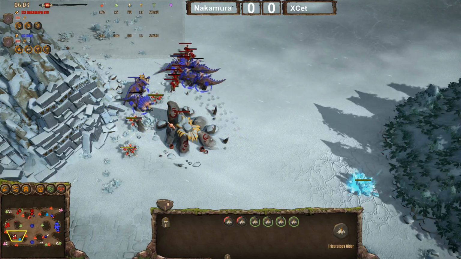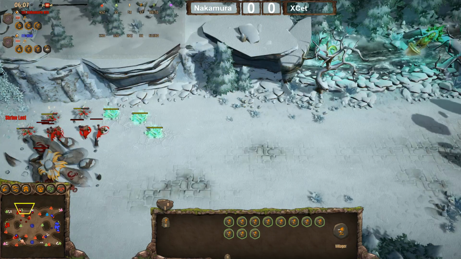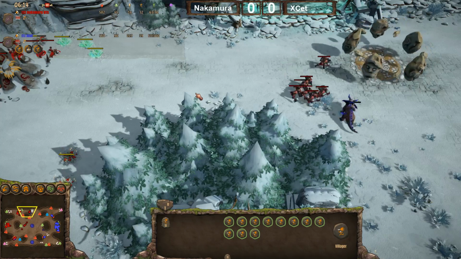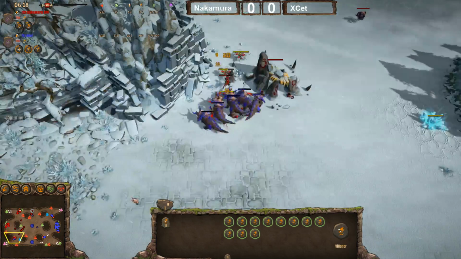And Nakamura, he's just playing whack-a-mole with his workers, just running away over here, running away over here, just trying to not lose too many to those Triceratops. And Nakamura, it feels like he's a little bit unlucky at the moment. Well, you know, maybe he's unlucky, and maybe XCet is just outplaying a little bit at the moment,